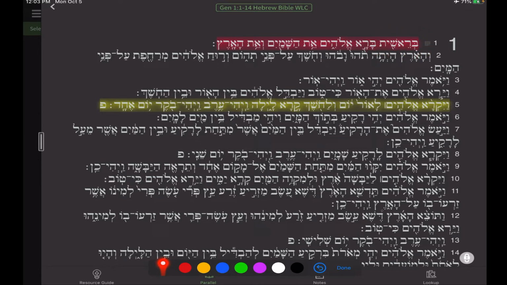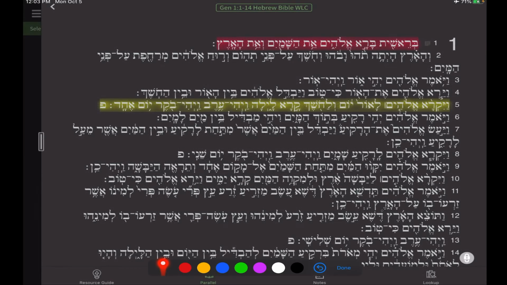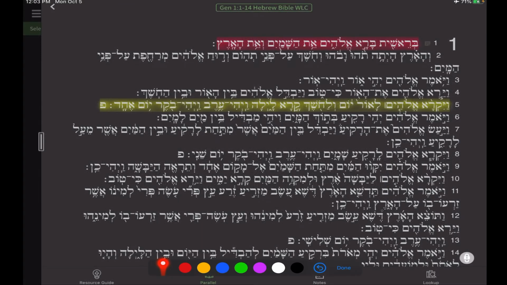So they took, here's a bet in Paleo Hebrew, the original bet, and then here's bet at the time of Christ, right? So here's bet at the time of David, and here's bet at the time of Christ. So it changed. They changed the letter, but it was still the same sound, ba, right? Except by the time of Christ, the bet had taken on other sounds besides ba, like va with a